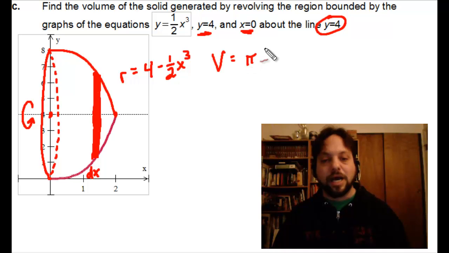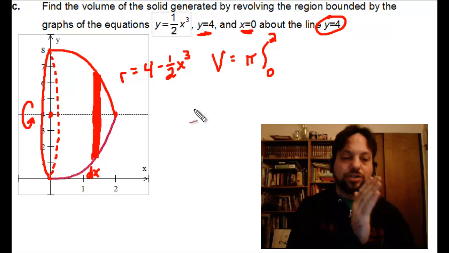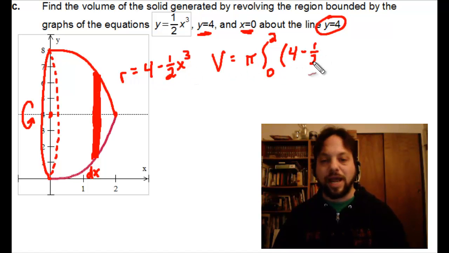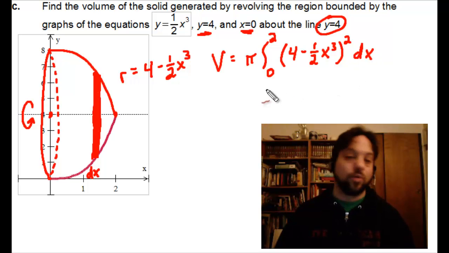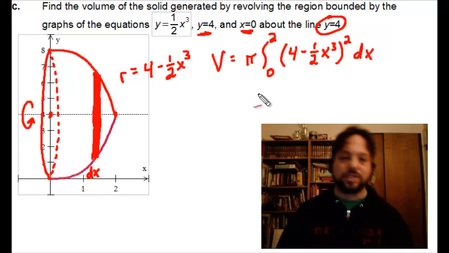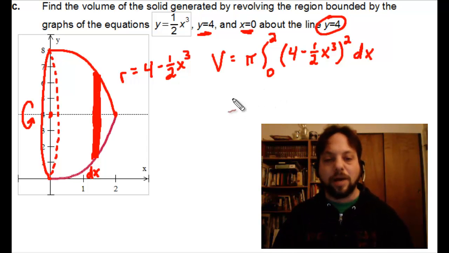The volume will be pi integral from 0 to 2, since our circles are starting at 0 and going up to 2. And, well, we're just going to do our radius squared. As we said, our radius is 4 minus 1/2 x cubed. And we'll just square that, multiply it by dx, and we should be good to go then. So if you want, you can go ahead and square this out, do your simplifications, do what you have to do. But if you do this correctly, what we should get is that this solid has a volume of